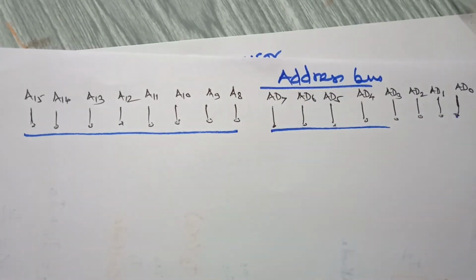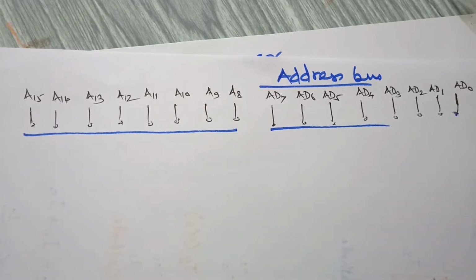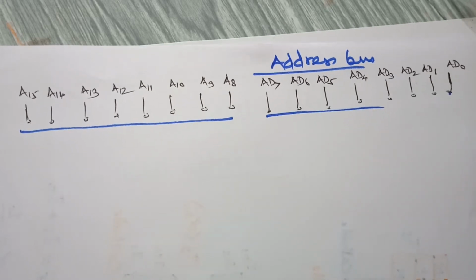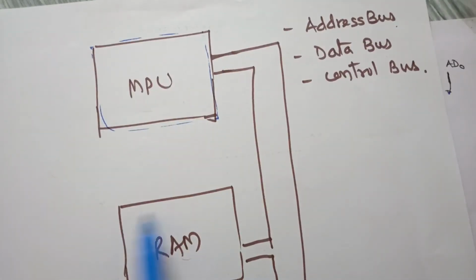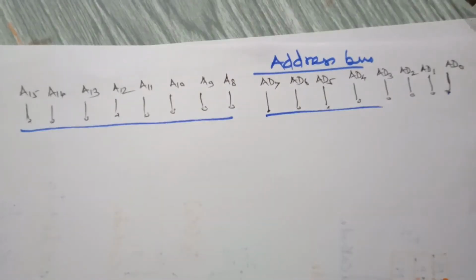Now what is this address? As we have seen, the microprocessor is connected to every other device, memory and IO devices, and in memory every memory location is identified by means of an address. So this RAM, if you consider this as a memory, it has several locations, 1, 2, 3 and hundreds of thousands of locations, and each has a unique address. Now the concept of address is like this.